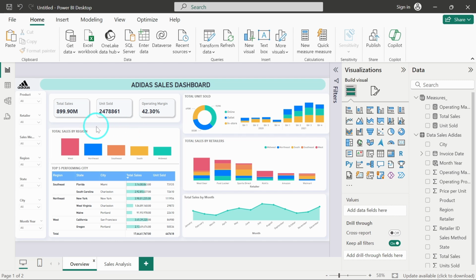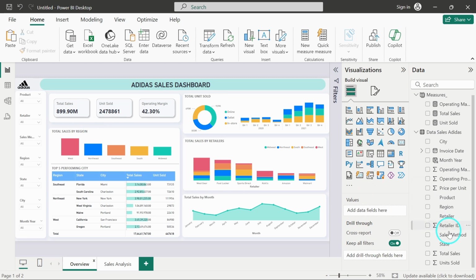So I think the dashboard is completely ready now. If you want, you can also explore more and add some more visuals and do some more analysis, as we are having the sales value, the units sold, the operating margin, the operating profit as well. We also have the price per unit. So you can play around with those things,